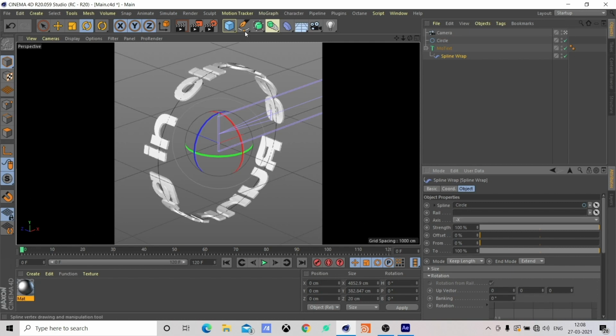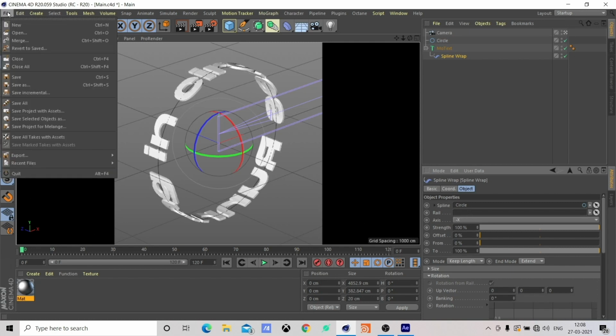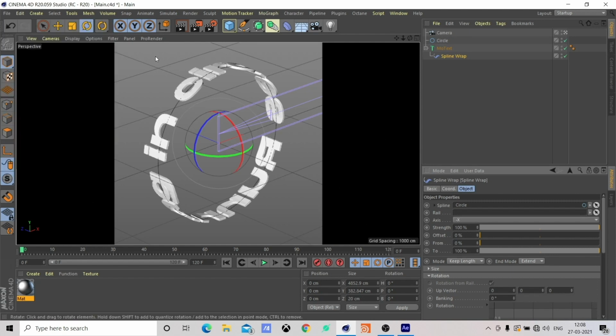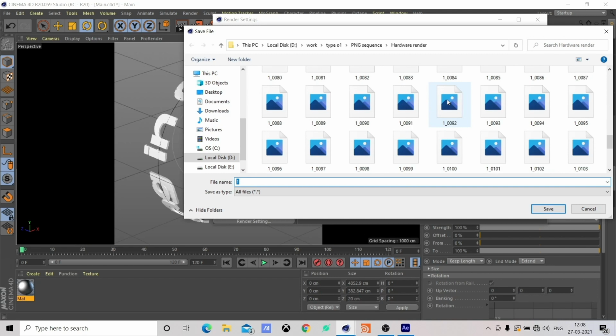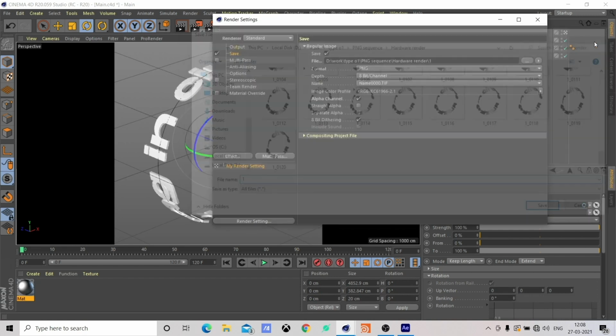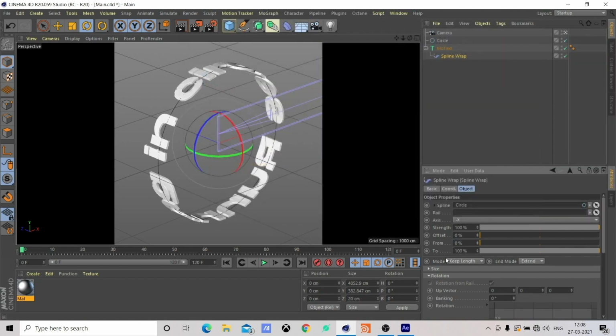Before we do that, I'm just going to check if I have specified the correct path, and yeah, okay. So go to the first frame, the 0 frame, click on the offset, go to the last frame and make the offset value 100.